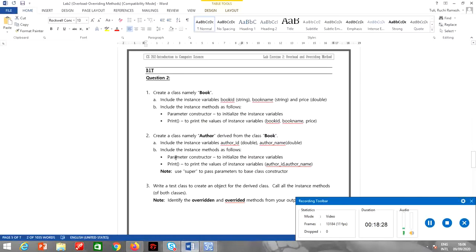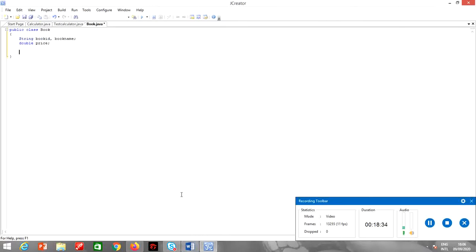Now the parameterized constructor to initialize the instance variables. So public book, string ID, string name and string price.